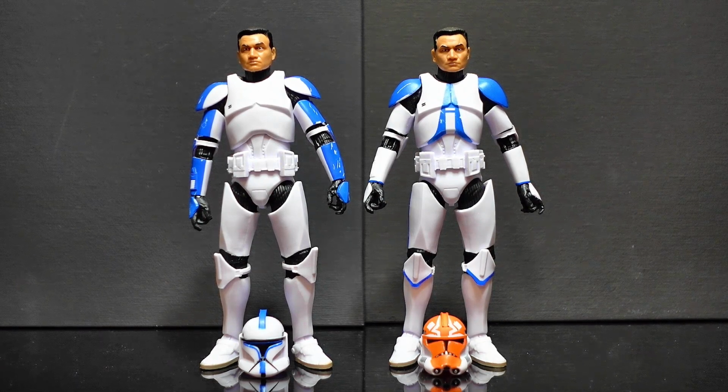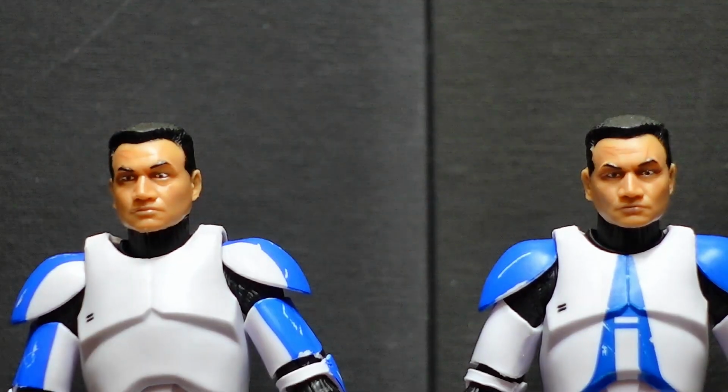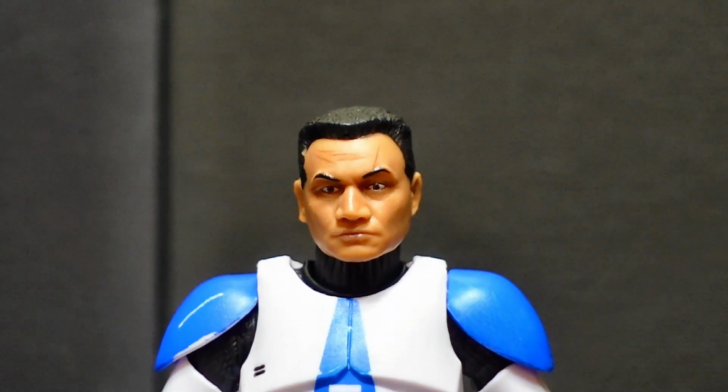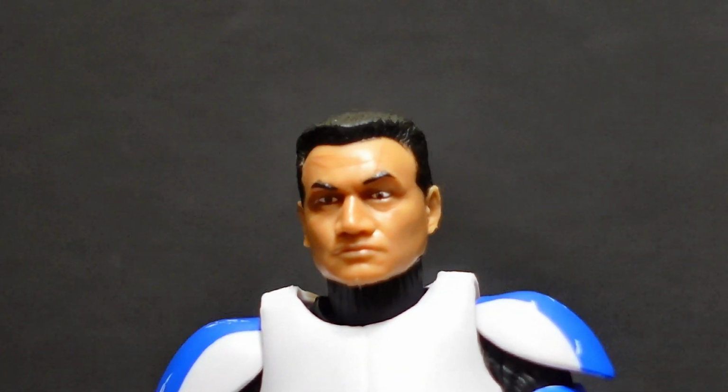And it's pretty standard Clone Trooper face that they've been using. They both do, yeah. It's not as shiny as some of the ones that we see. No, but it is a little shine to it, not much. It doesn't bother me, actually. It looks pretty good to me. You can see just the differences there. They have the blue markings in the front on the 332nd, and it's just all white on the 501st. This is the Ahsoka Clone Trooper 332nd head sculpt, and this is the Phase 1 501st Clone